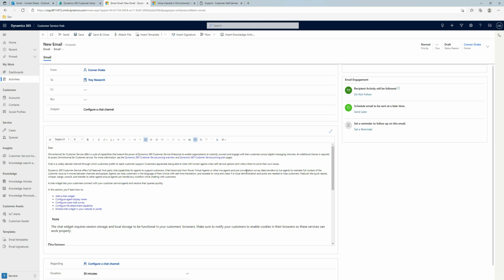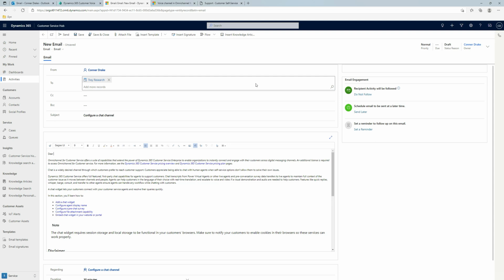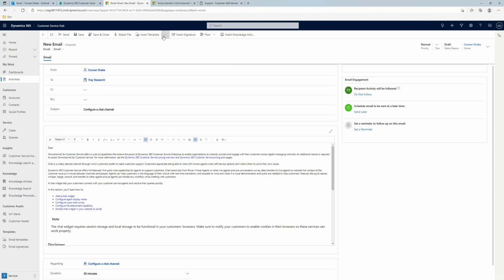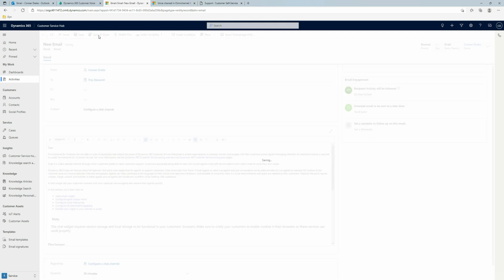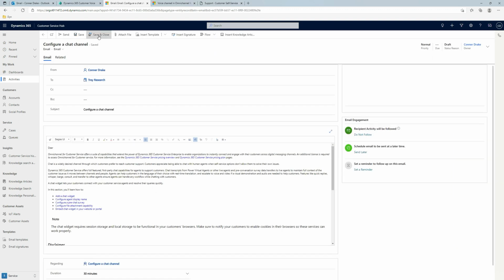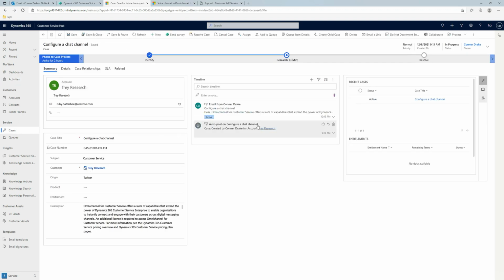Part of the email capability in this platform is you can follow the email record and also schedule a follow-up. So that may or may not be important to your support team. And while you're in this email format, the reason why you'd use this over Outlook is you have access to things like document templates and also other knowledge base articles that you can insert. So what you can do, I'm just going to save it rather than send it, but you can basically create quite a detailed response to somebody on their case, and that will be, as other things are, tracked on the